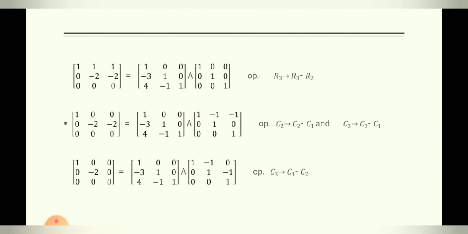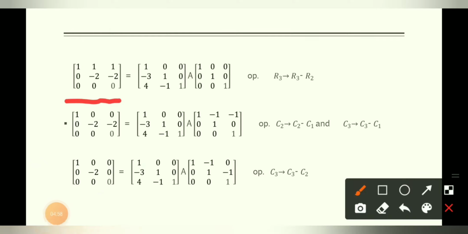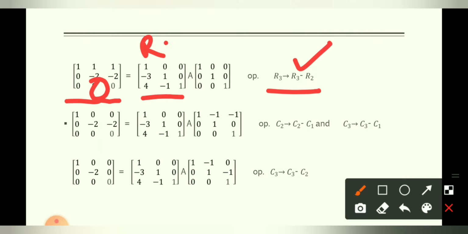Now see the next slide. Now it is written the same. This is the matrix where again we have performed an operation because we have to make this element below the diagonal 0. To make this 0, we operated row 3 minus row 2. Row 3 is changed now in both matrices. So we have done again a row operation. The row operation should be done on this matrix. This matrix will be the same, it will not be changed, right? This is the same as we have taken.